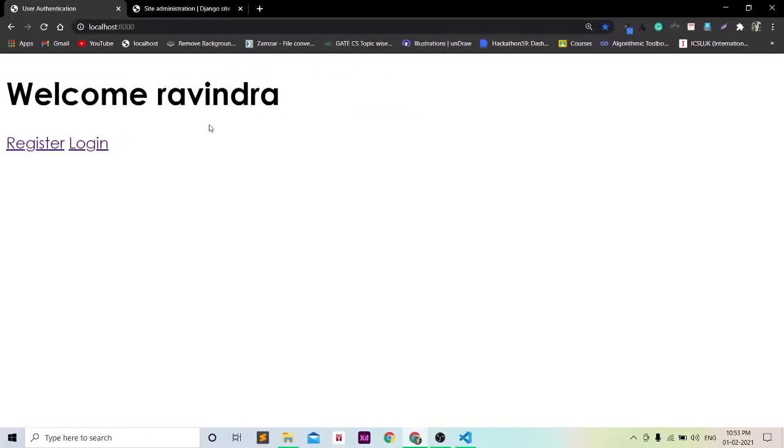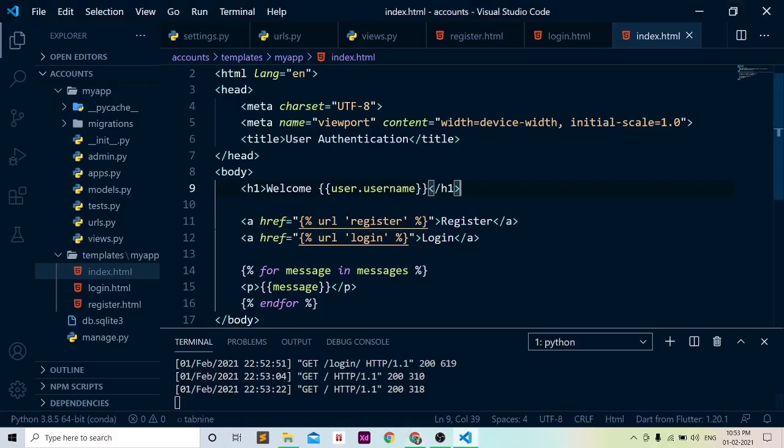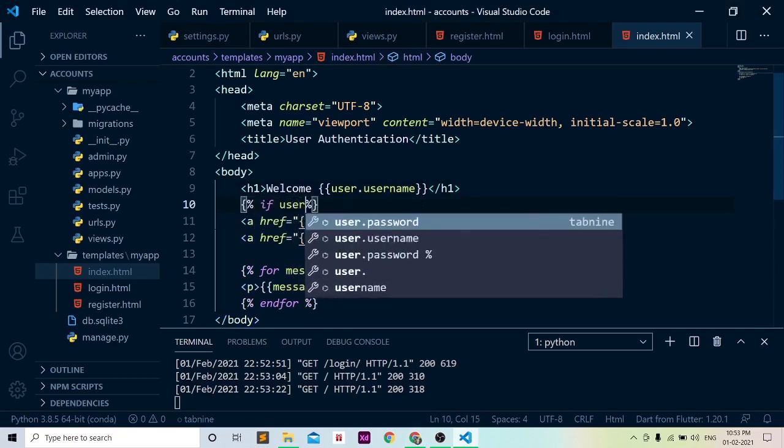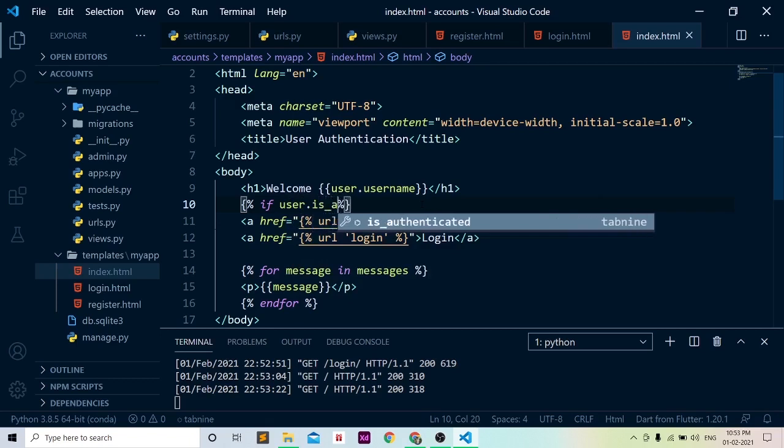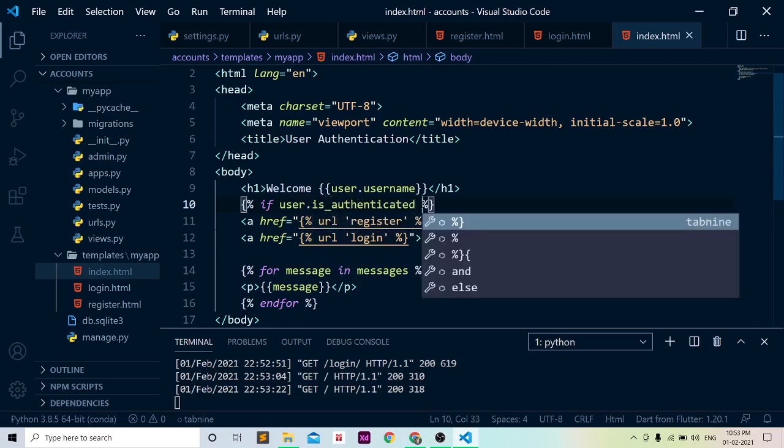If a user is logged in, we don't want the register and login links. So we will do one thing. We will check if user.is_authenticated. Now is_authenticated is basically a function which checks whether the user is logged in or not.